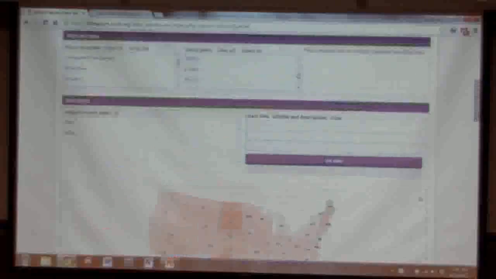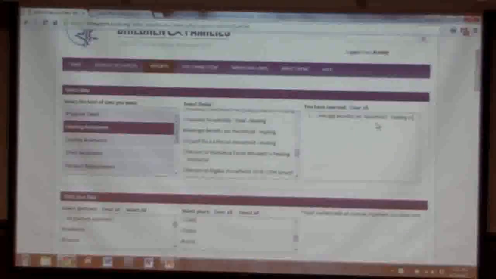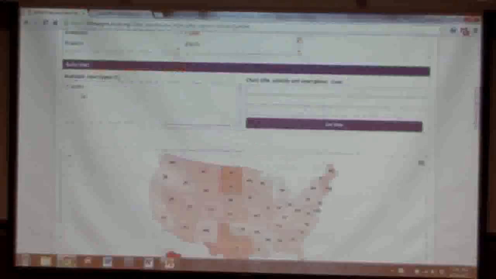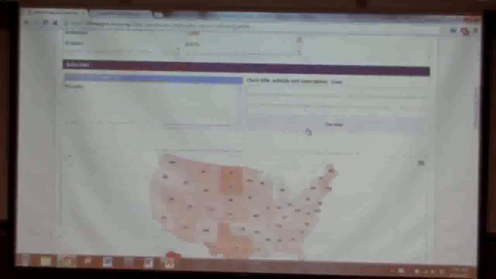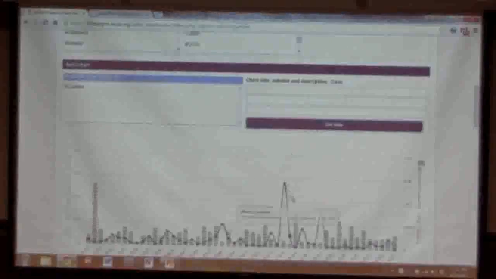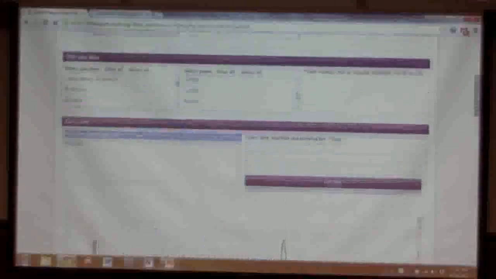All right. That was just with a single field. You can do map only with one field. If you wanted to see other data in addition to the average, for instance, the assisted households, oops, I went a little too far. My map option went away. So let me show you a quick sample of a combo. I currently still have all the data selected. It's a little hard to read with all the states here. You can still hover and get all the data, but instead what I'm going to do,